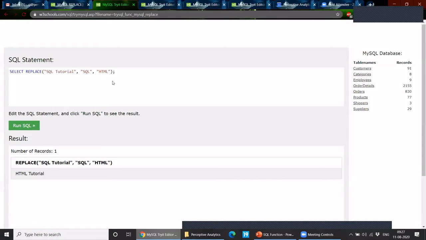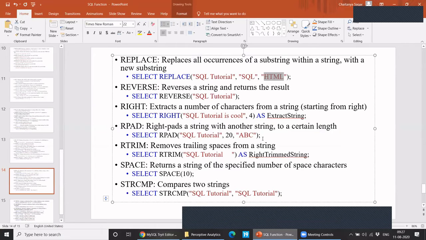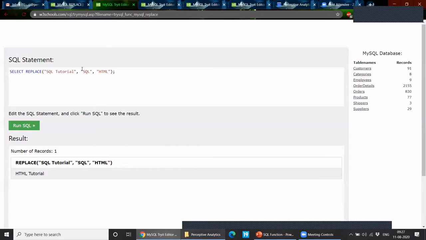So it will replace all the SQL, like let's say if there are repetitions of SQL, it will replace everything. Yeah. Okay.